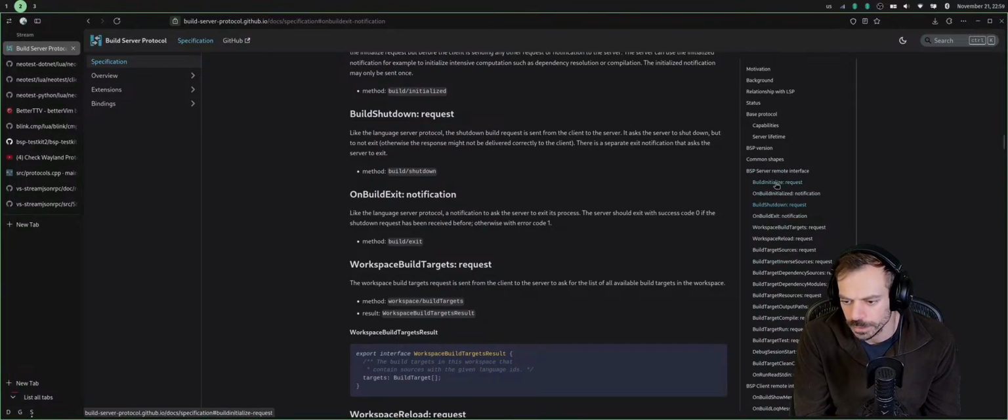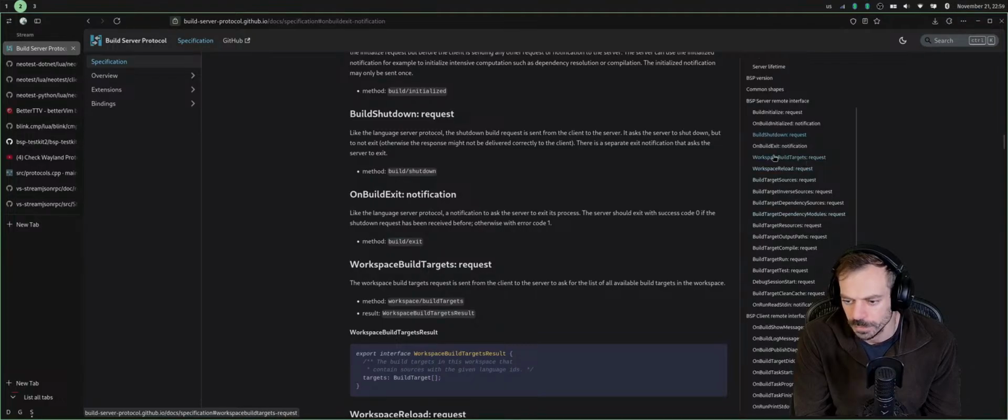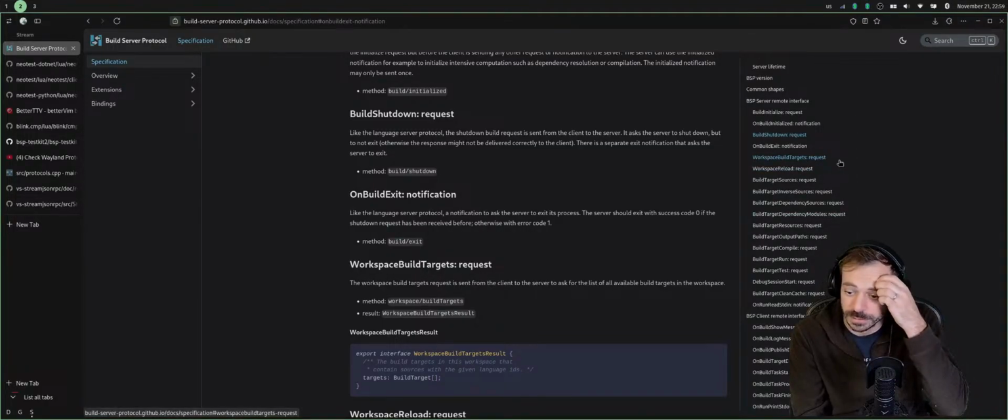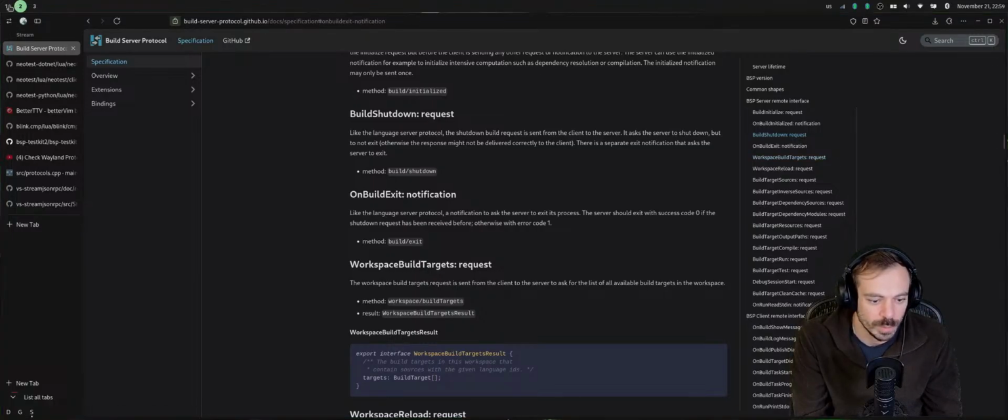We were here on initialized, shutdown, will exit, like the life cycle stuff. Workspace build targets I already added, a basic one.